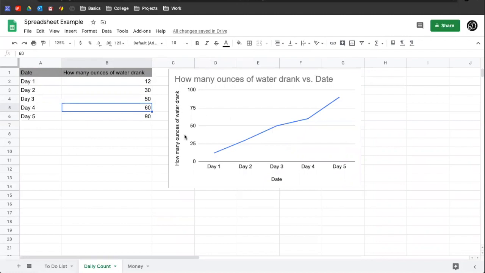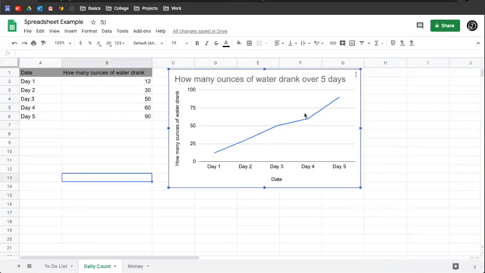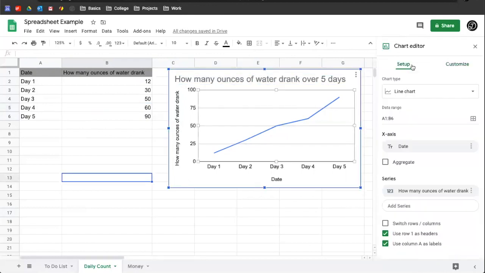So let's say this chart looks nice, but I want to change some things. Let's say the title is wrong. I can go in and I can do how many ounces of water drank over time or over 5 days. I can double click that and it will let me mess with this. And also too, when you double click in here, you have this setup where you can mess with like what